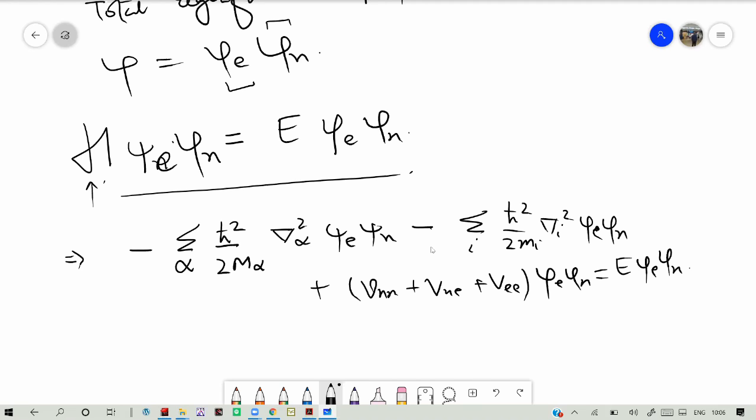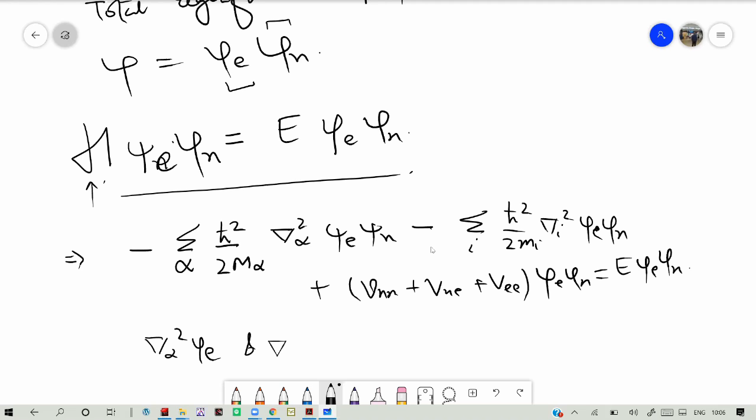It is not affected by the motion of the nucleus because the nucleus is fixed. Or in other words, psi e is only a slowly varying function of the nuclear coordinates. So wherever we have terms like del alpha square psi e. Sir, it means